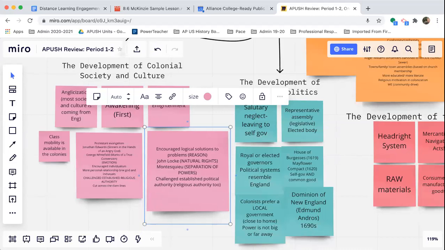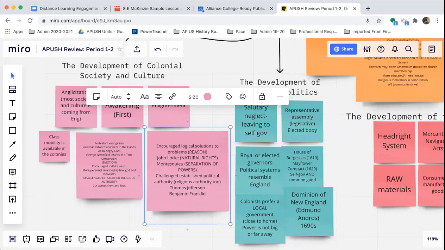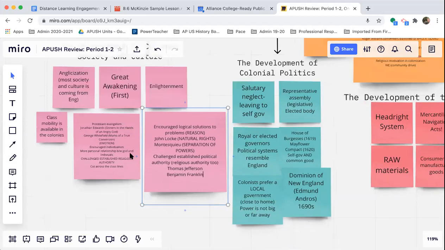We see some other cool names to note for later. Thomas Jefferson is an American Enlightenment theorist. Benjamin Franklin is an important American version of the Enlightenment, because Locke and Montesquieu are both. Both of these things are